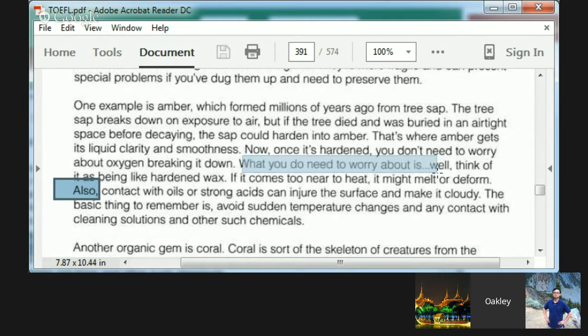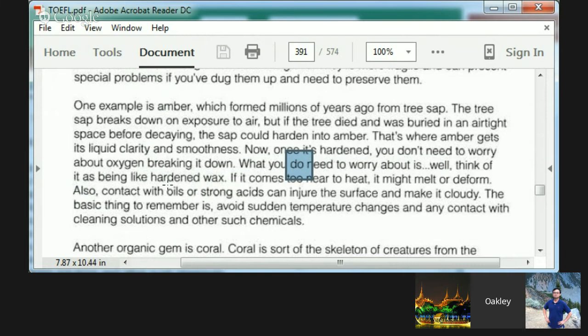What you do need to worry about, again with emphasis on do, listen for high pitches. Even if I didn't know any English, I would listen for those signals, because after them there's going to be really important information. Something you have to practice, but trust me, it works. It really works on the listening test.